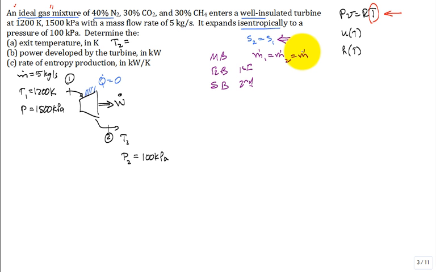Where does it say anything about neglecting kinetic and potential energy? It doesn't, but it's safe to assume it. I don't have any information given to try to account for elevation changes or speed changes of the flow in and out. So if we take a look and write the first law just for a clearly defined system,